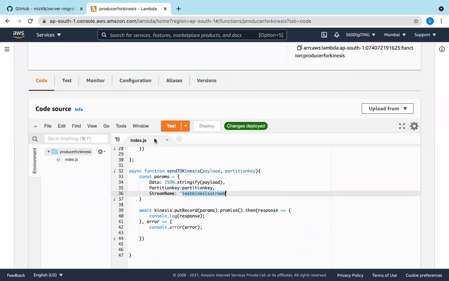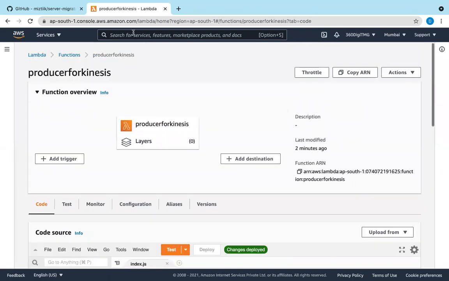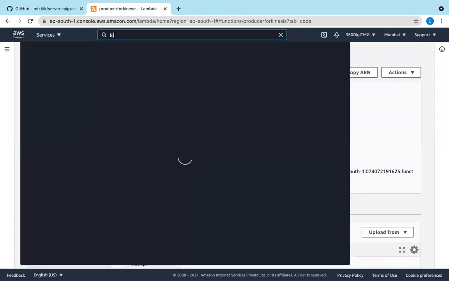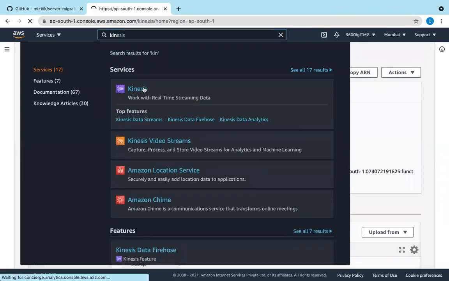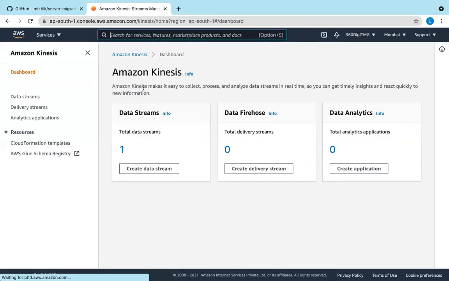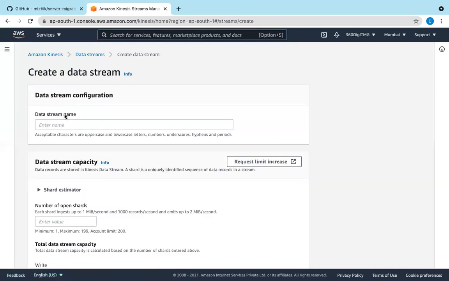Let us go and create one Kinesis stream. Test Kinesis stream, capacity: number of shards. We know shards means partitions, just one is enough.